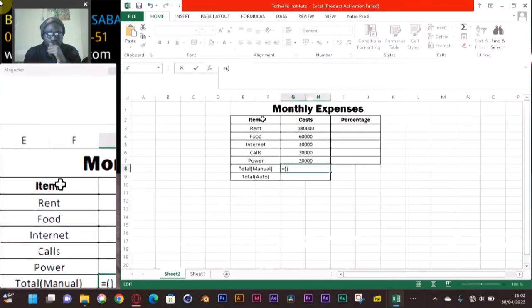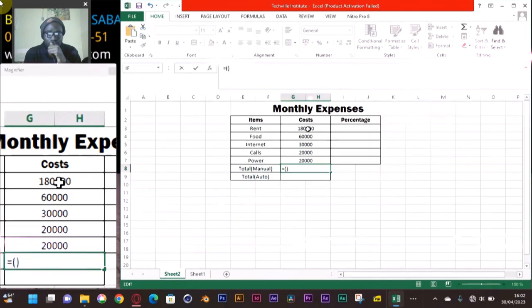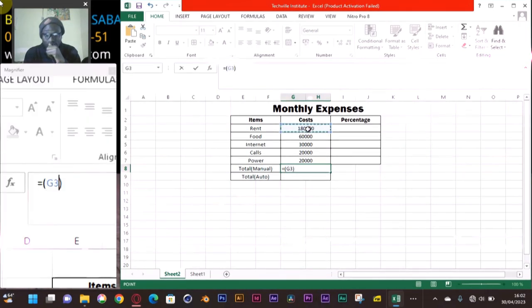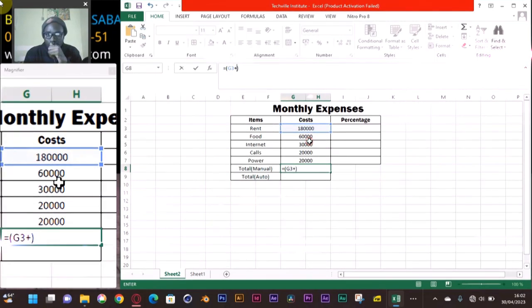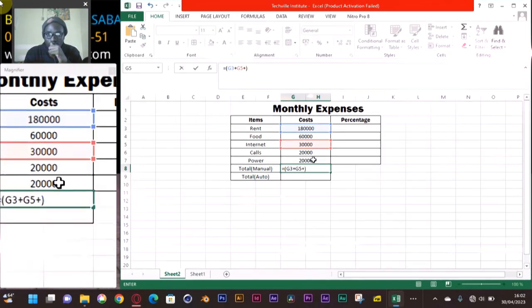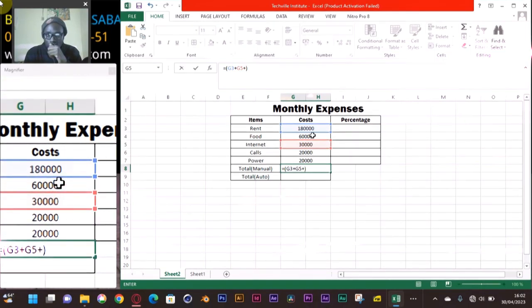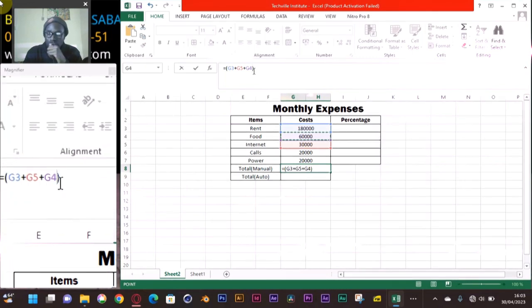The good thing, this is Excel. You just have to click in the cell and it tells you the item in that cell. So I'll click on that cell, which is G3, then I'll type a plus sign, then click on this, then click on this G4. Sorry, I'd skip G4, put a plus sign,